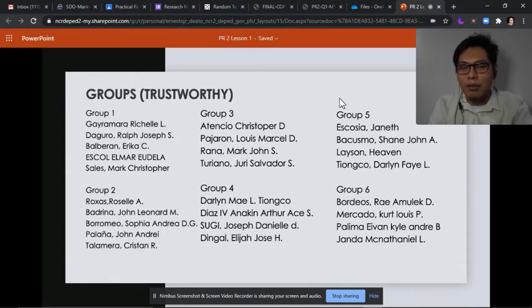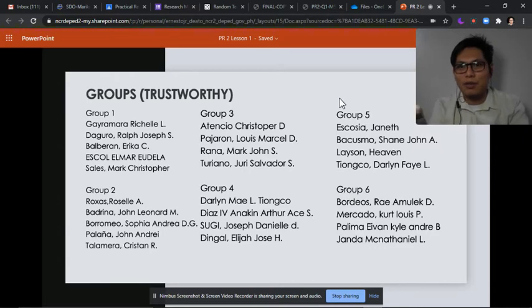Especially po dun sa mga bago, sorry, sa lahat ng mga old students, please paki-welcome po natin yung ating mga new students dito. So, ayoko na silang isa-isahin. Please make them feel that they are welcome to our school. At syempre, nag-a-adjust sila sa ating educational system sa Jesus de la Peña National High School, Senior High School Department. So please help them and also use this activity to bond with them. Sana maging bonding nyo to instead na maging reason para mag-away-away kayo.